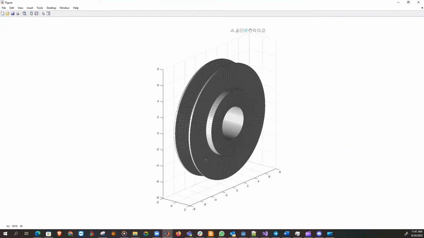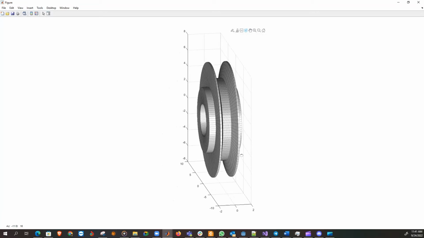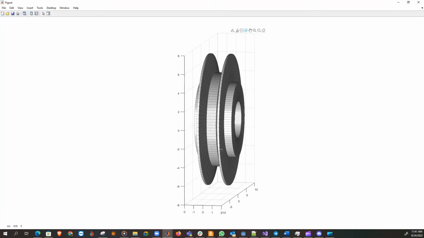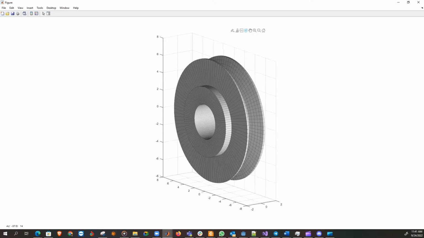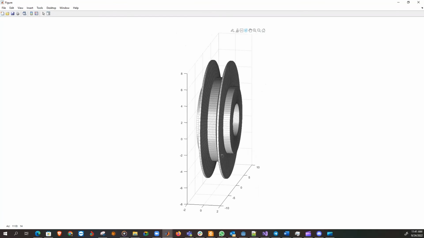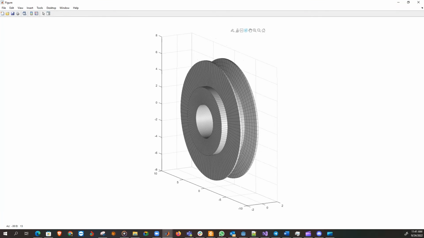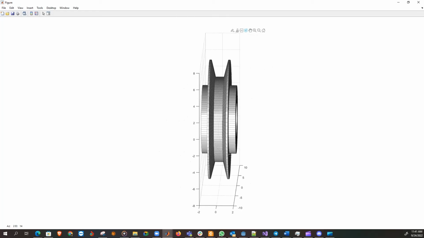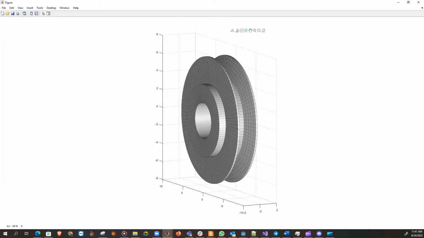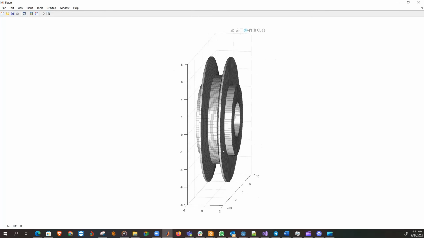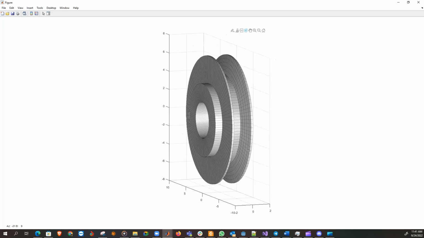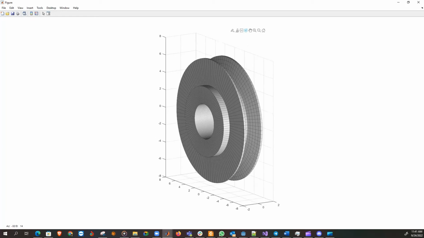Now, here is the object extracted into a separate figure. So you can see that this is a pulley, which is like a simple part of most mechanical systems. So if you happen to have a 3D printer, you can actually 3D print this by converting this to the